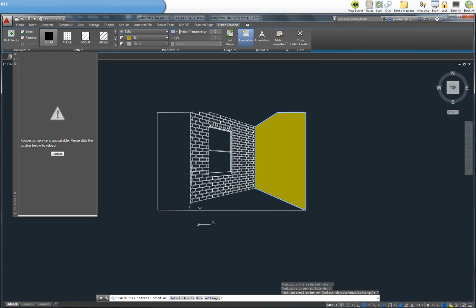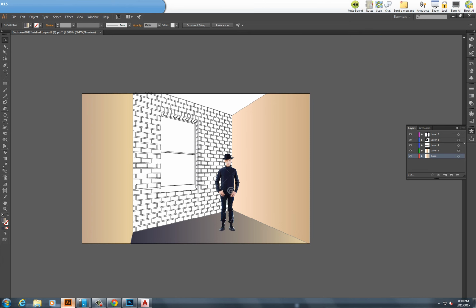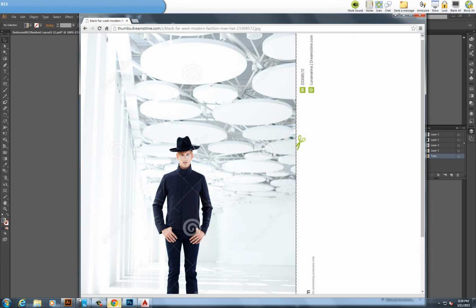Again, it's not what you see is what you get, right? Illustrator's a little nicer because what you see is what you get, in the sense of working at this level. Okay, let's stop there. What we're going to do